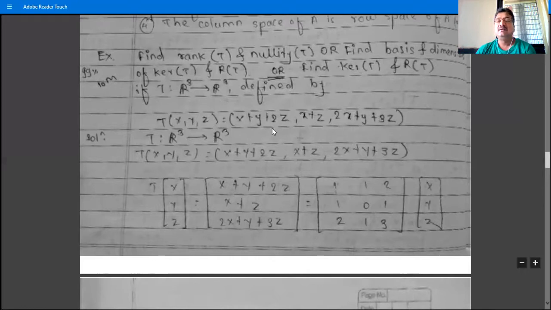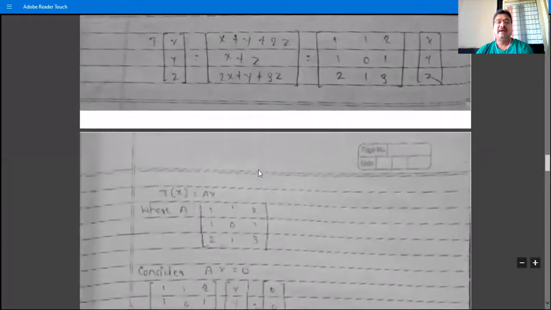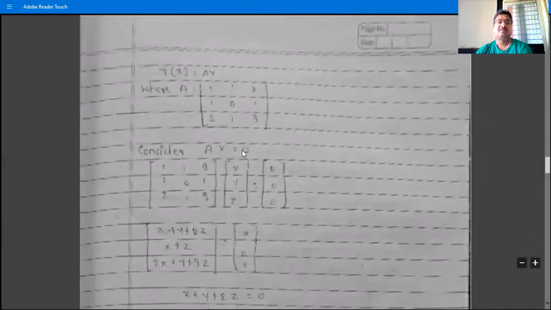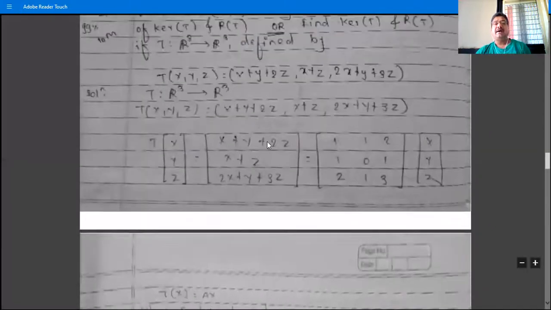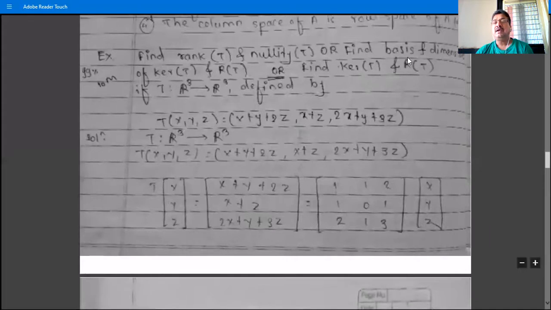we get the formula for the linear transformation. So here in this example the formula is given. If the formula is not given, then by using the given instructions in the example, we will find the formula, and then we will solve the example. That is, then we find the standard matrix for that linear transformation. Now we have to find the kernel of T and range of T.